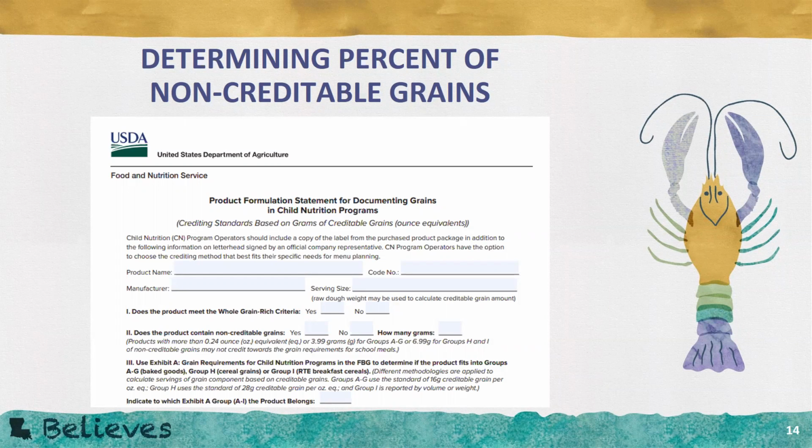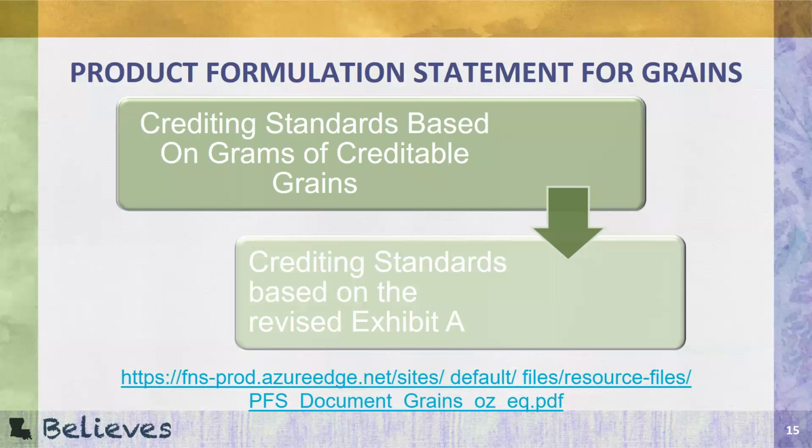Now I'll recognize this. This is a product formulation statement for grains. And if you can't find it anywhere else, you can always get the manufacturer to complete the product formulation statement. This form requires the manufacturer to complete the number of grams of non-creditable grains. They also have to certify that the non-creditable grains